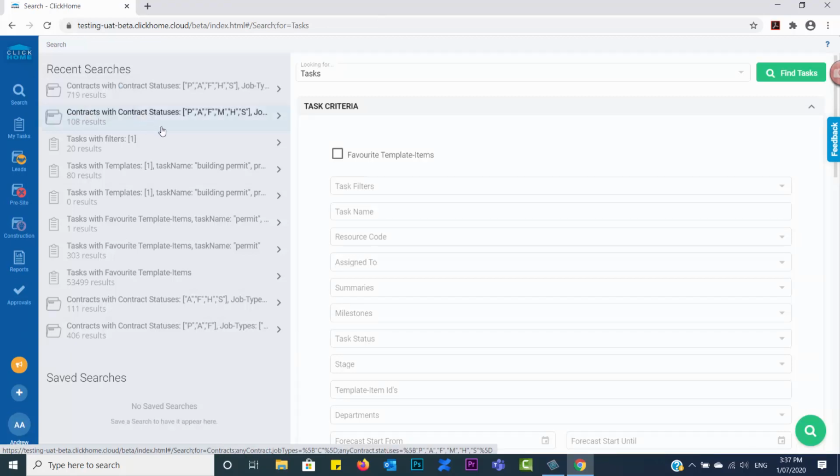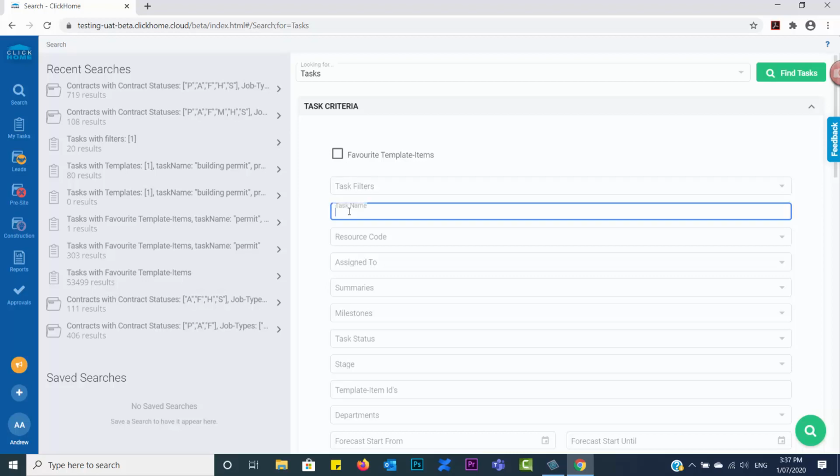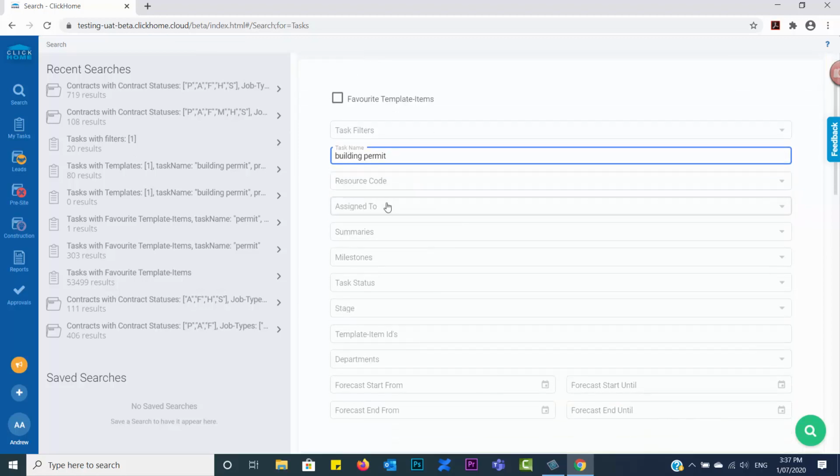First up, under the task criteria section, you can choose to search within your favorited items that you marked on your My Task list by checking this box here. Then we go and fill out the rest of the criteria we want to search for. So we're going to look for tasks with the name containing building permit. As you can see, we could have further filled out criteria like resource codes, assigned to, milestones, and various forecast